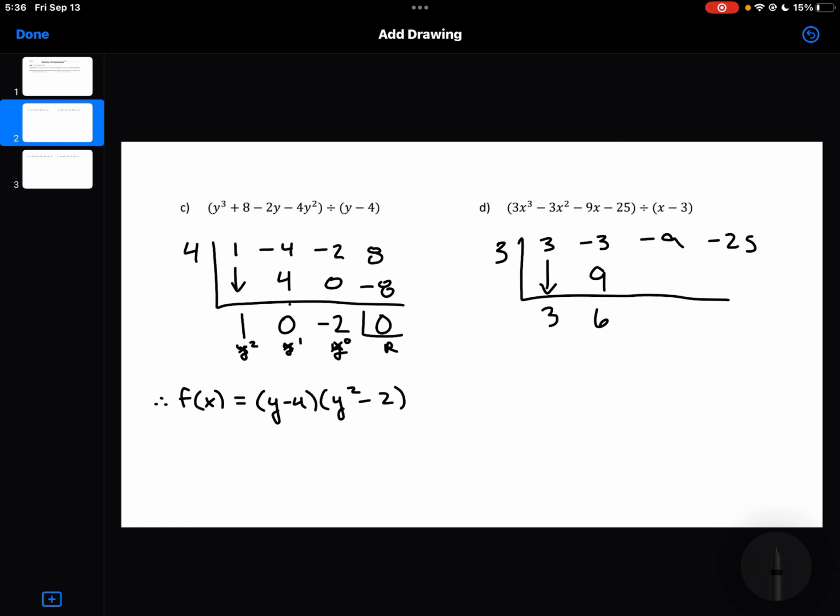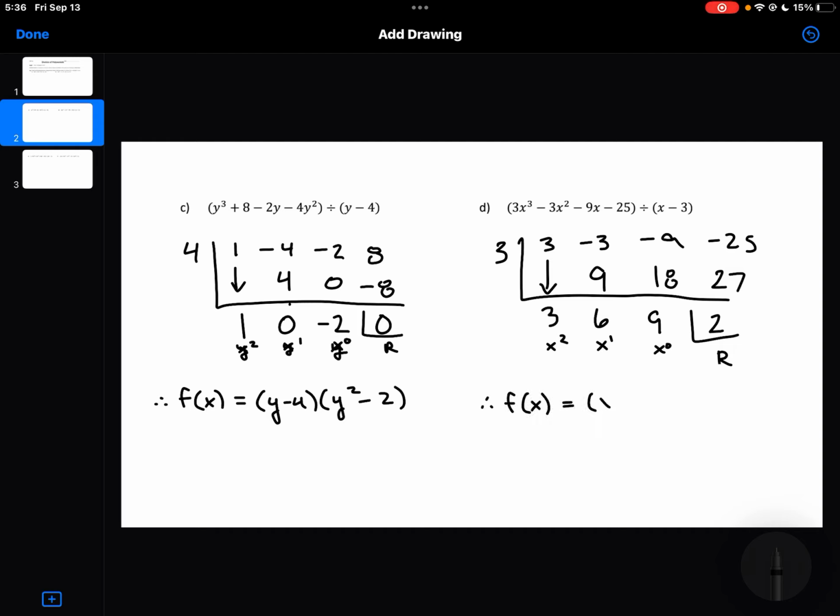Add the next column together. 3 times 6 is 18. Add the next column together. 9. And then 3 times 9 is 27. -25 plus 27 would be 2, which is my remainder. And then I have my coefficient, my linear term, and my quadratic, which is going to let me write my